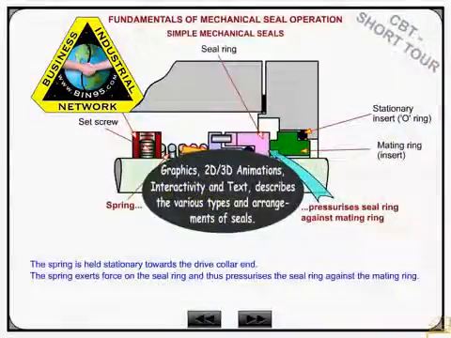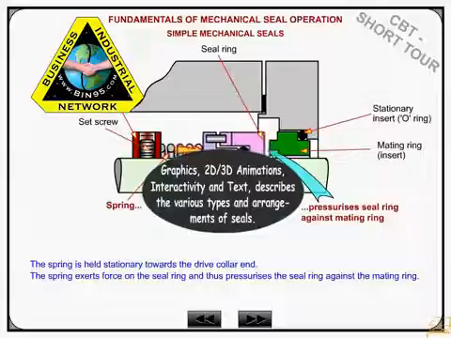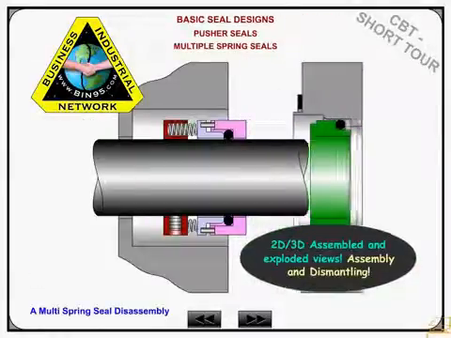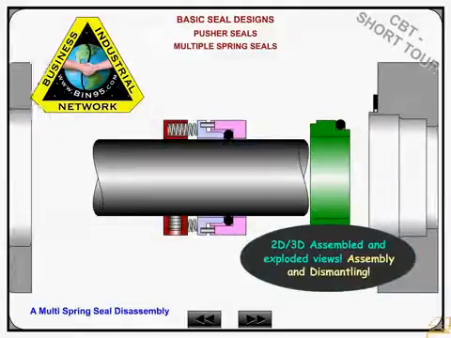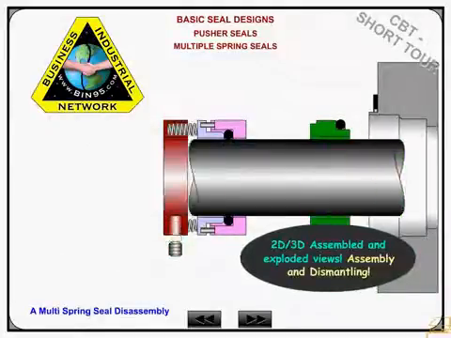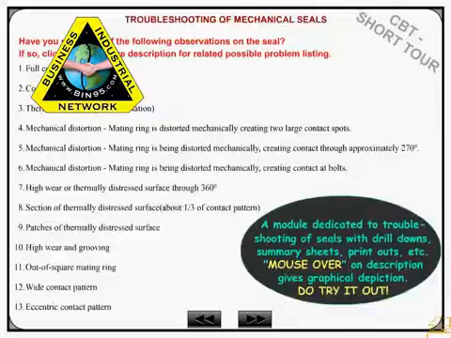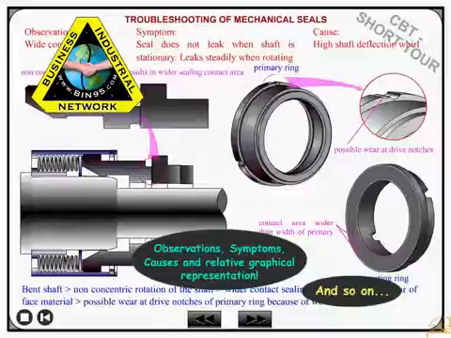Graphics, 2D and 3D animations, interactivity, and text are designed to describe the various types and arrangements of seals. There are various 2D and 3D graphics showing assembled and dismantled views of different seals. The module dedicated to troubleshooting of seals is full of drill downs, summary sheets, and printouts to help solve the